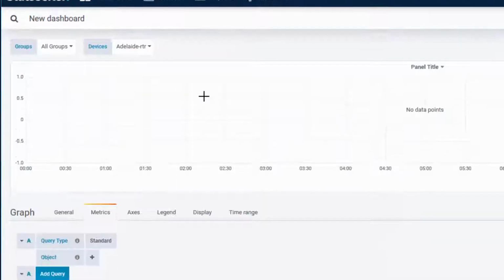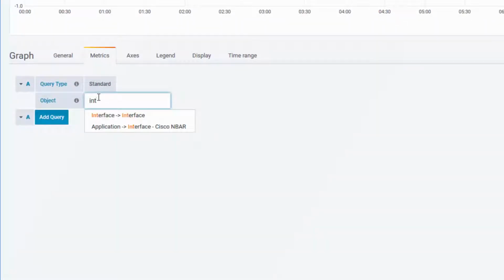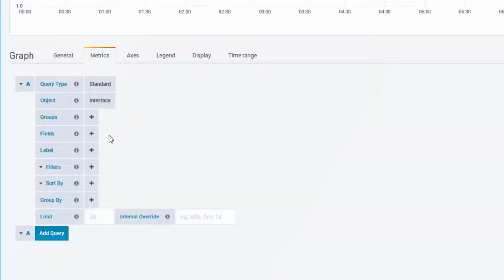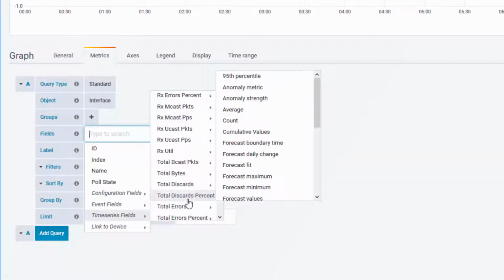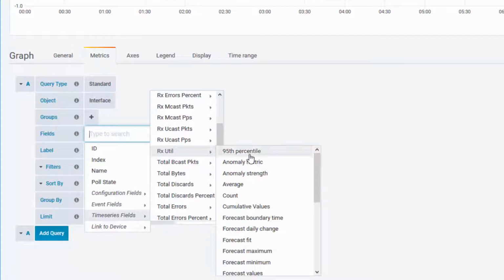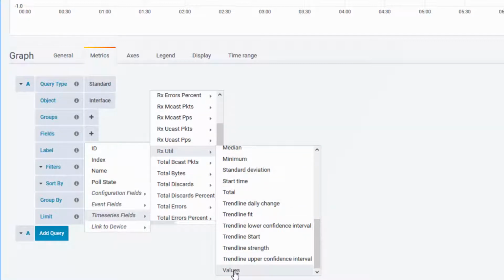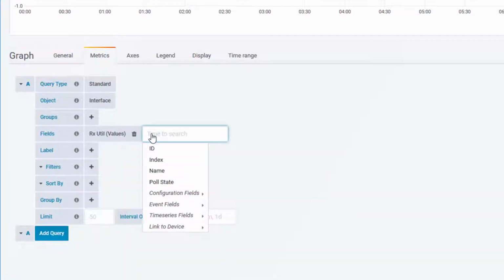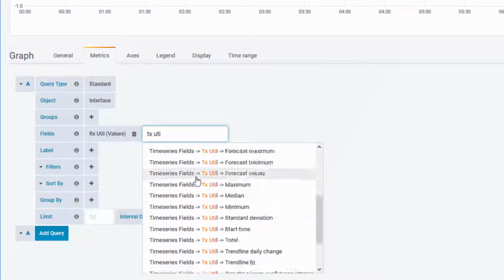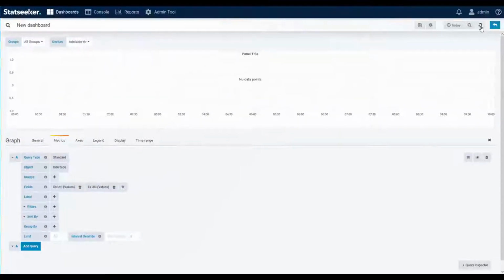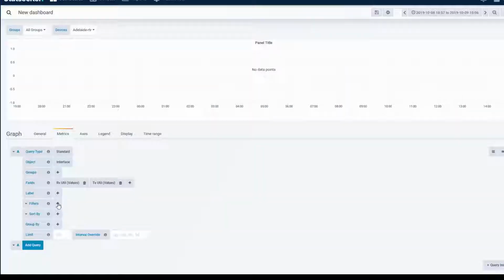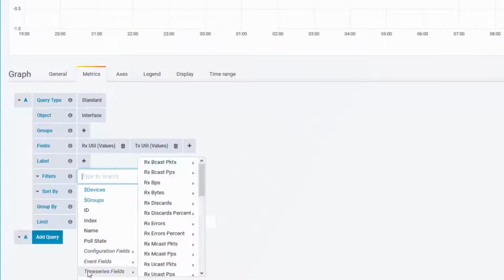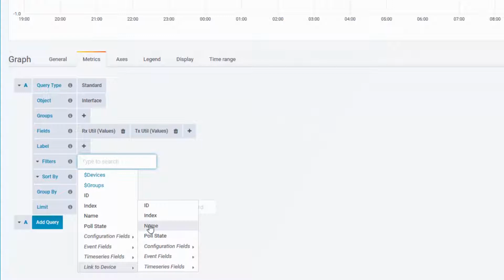Now to graph interface traffic, I'll set the object to interface and select the fields that we want to display on the graph. I can browse through the tree to select RxUtil and set the format to values, or simply type the name to filter the list. If I hit refresh now, I get the first 50 series returned in the response, and those are displayed in the panel. I can supply a filter to return a specific device,